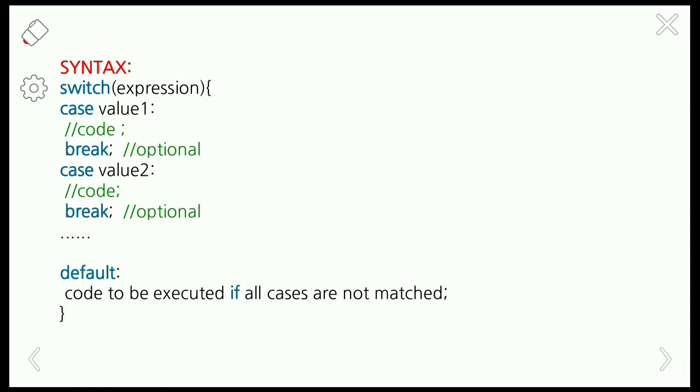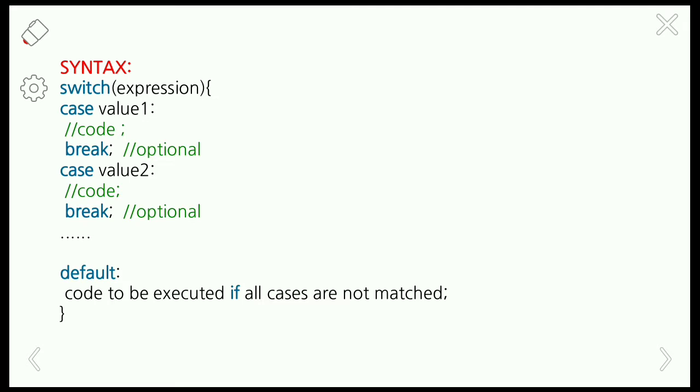So this is the syntax of the switch statement. Switch is followed by the expression and a number of cases given here, and if the expression gets satisfied, then the control passes to the particular case. Okay, and only that case will get executed. After executing the case, the control comes out of the switch statement. If none of the cases are satisfied, then the control automatically passes to the default statement and the default statement will get printed.